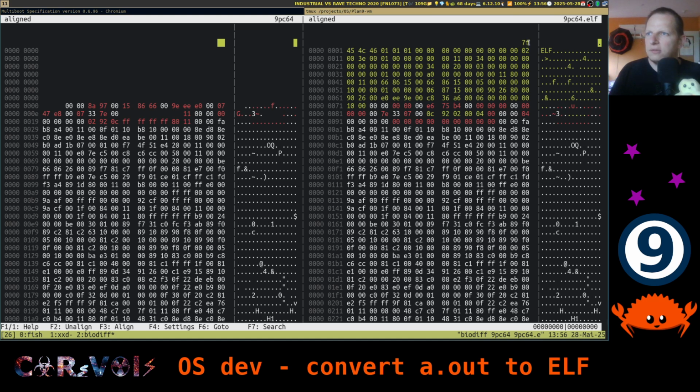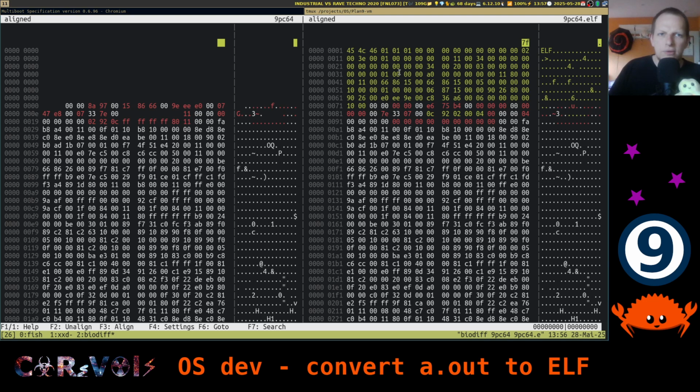So we get the 7F here that we also saw on Wikipedia. Then comes ELF. And now you might wonder, hey, why do we get the 7F here and ELF here? So this is the hexadecimal, this is the ASCII representation. Well, I just aligned it that way so that we can actually compare left and right. So if you look,